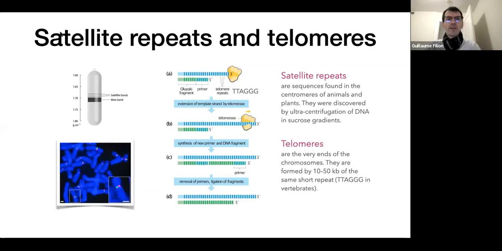So in the non-mobile type of repeats in the genome, there are the satellite repeats and the telomeres. So the satellite repeats are sequences that were found in the centromeres of animals and plants. Centromeres, not telomeres. They were discovered by ultracentrifugation of DNA in sucrose gradients. So back then people could not sequence much or anything actually in the 70s. So the only way they could analyze DNA was by centrifuging it at crazy speed and see where it would go. So you just sonicate the DNA to break it into small pieces, and when you centrifuge it, in something that has more or less the same density as DNA,